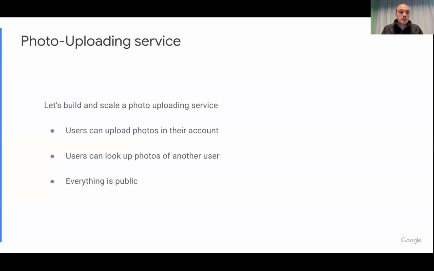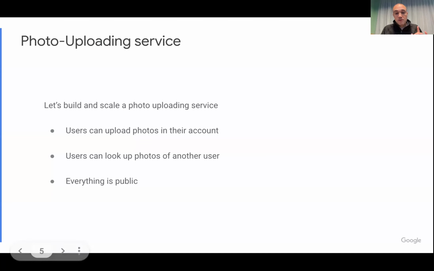Photos are not trivial in the sense that they are chunky files that you can get from these phones and reflex cameras we have these days, photos of 40, 50, 60 megabytes easy, right? So it's not a trivial system. If you have billions of users or hundreds of millions of users like Google Photos has, you end up with exabytes or petabytes of blobs hanging around, right? So it's not as easy as just copying it to multiple places, because you might not even have space for all that stuff.